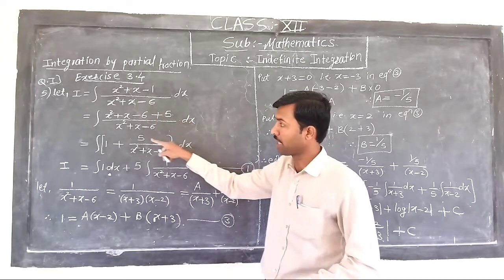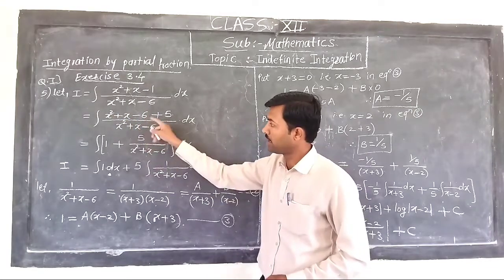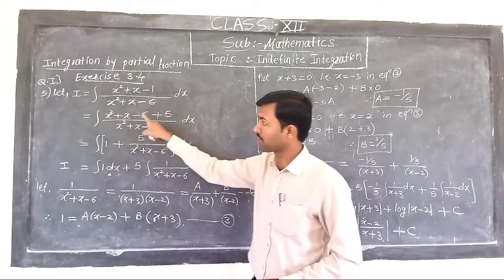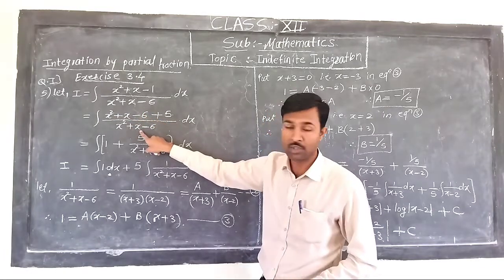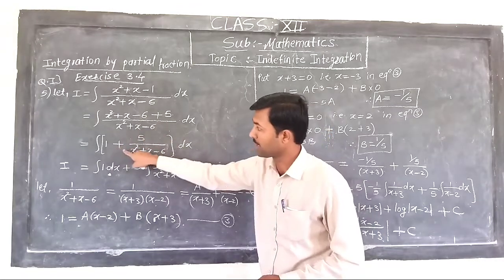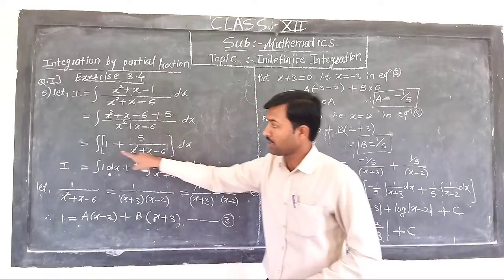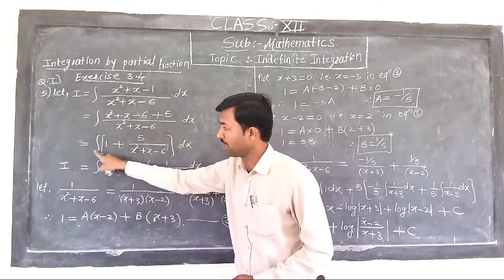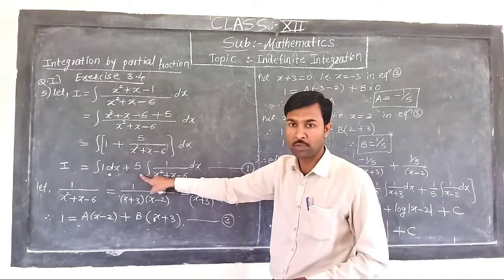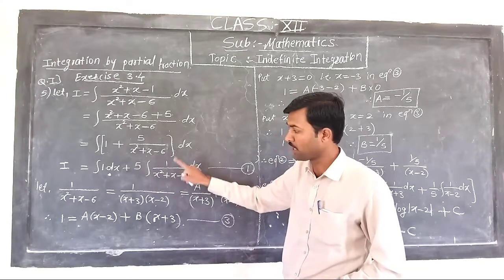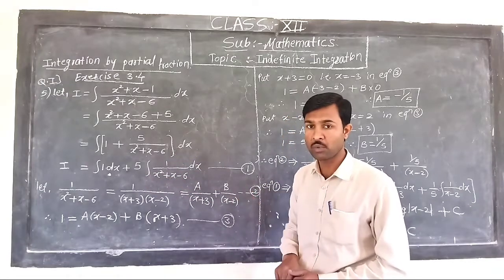Okay, and then after separating the required terms in the numerator, we get this is our first term and this is our second term: (x² + x − 6)/(x² + x − 6) is 1, plus 5 upon this term. Now here, separating the integration, we get the integration of 1 dx plus 5, which is a constant, so 5 is taken outside of the integral, so the integration of 1/(x² + x − 6) dx. This is our equation number 1.